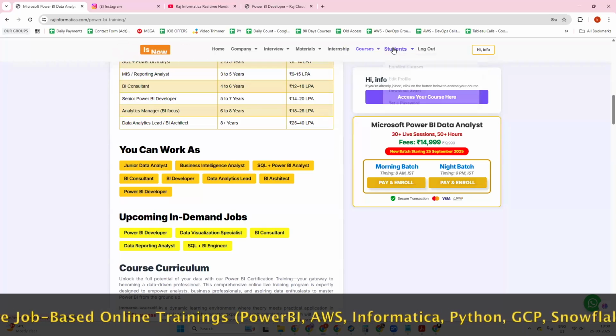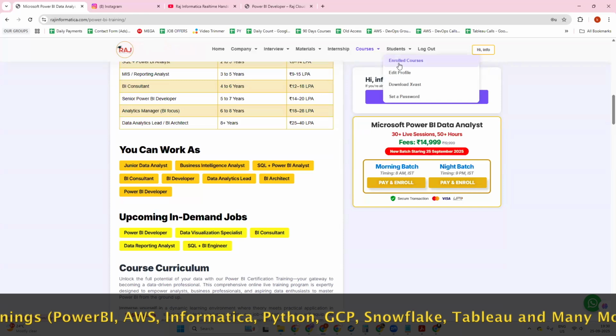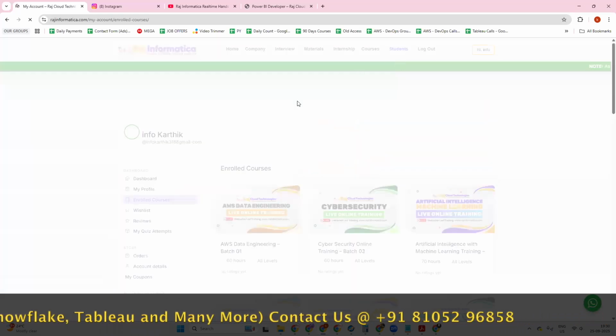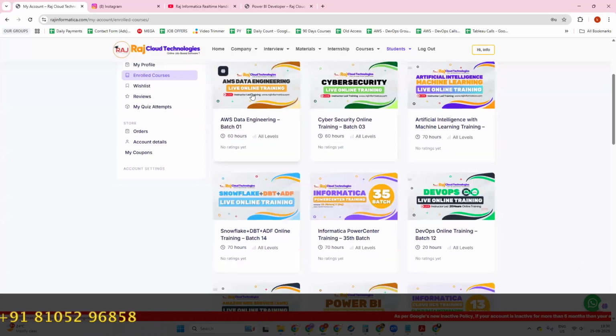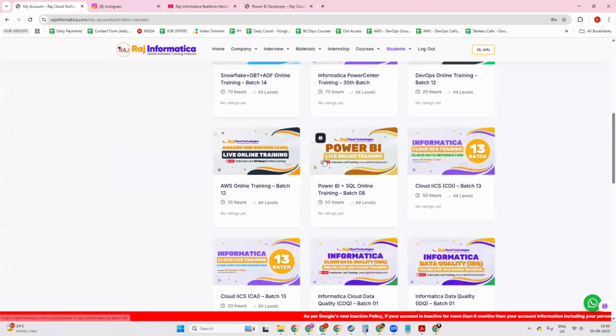I'll show you how it will be. Once you log in, you will get the students option here. Just go to enroll courses. As I am the admin, I have all course access here: AWS data engineering, cyber security, machine learning, everything. But you will have only this one, the Power BI plus SQL online training. Batch number 8 is currently going on, and you will get batch number 9. If you click on this,